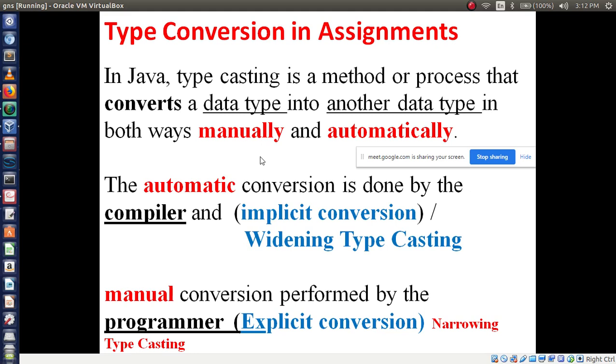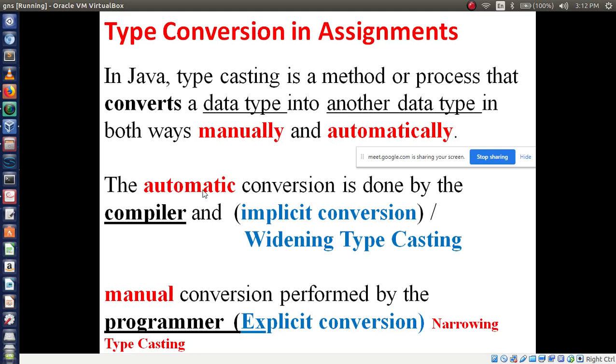Type conversion and type casting have the same meaning. Converting one data type into another data type is called type casting. There are two types of type casting: manual and automatic. Automatic is done by the compiler, manual is done by the programmer. Is that clear?